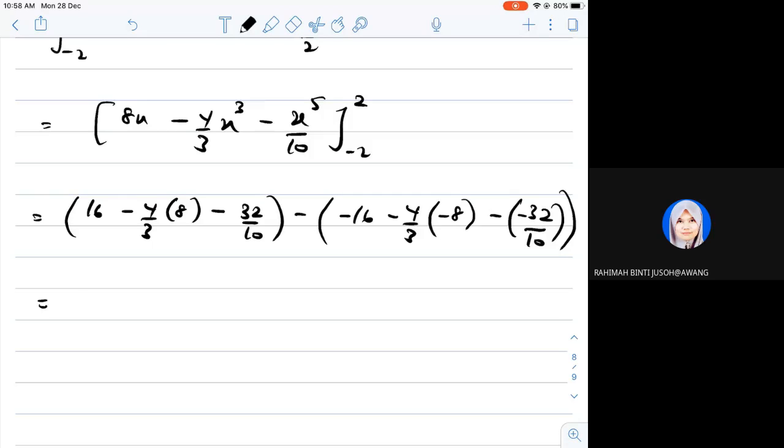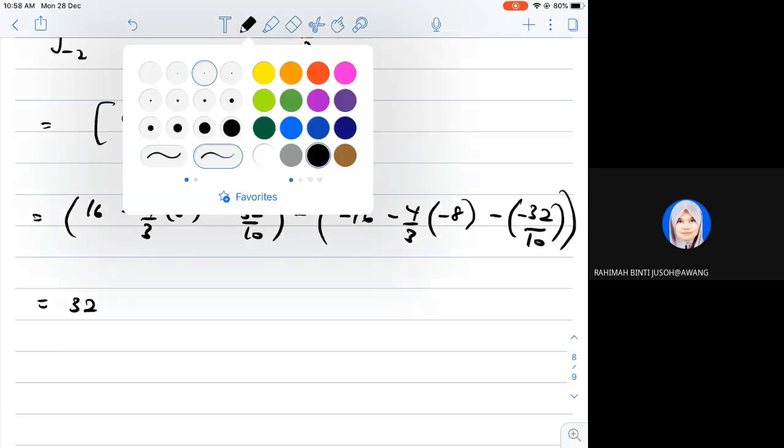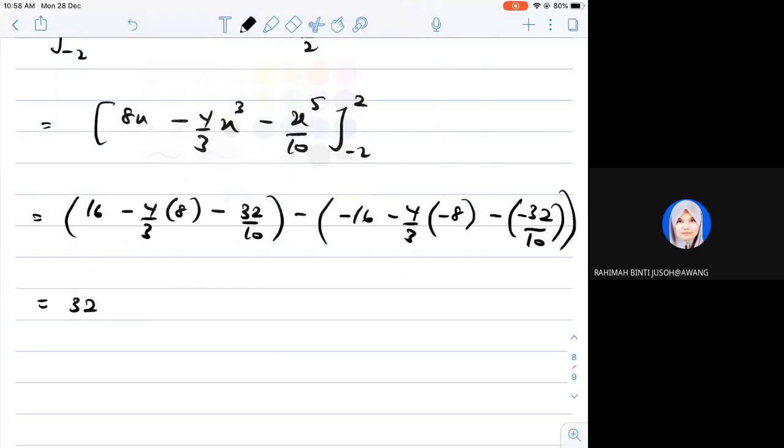So 16 plus 16 is 32, isn't it? I do it this way. So minus 8 over 4, 64 over 3, minus, plus, then minus 64 over 10. Is this correct? If it's wrong, tell me. 32 minus